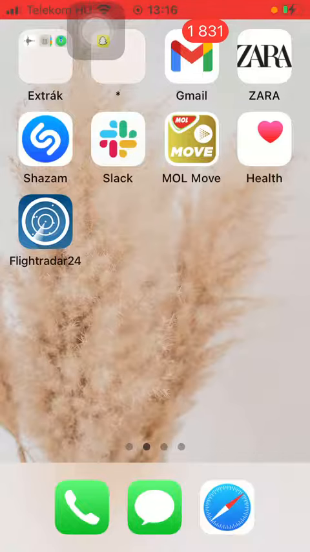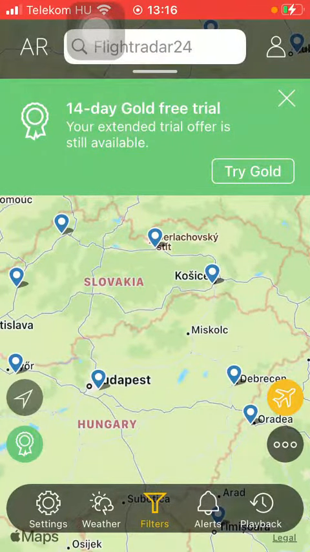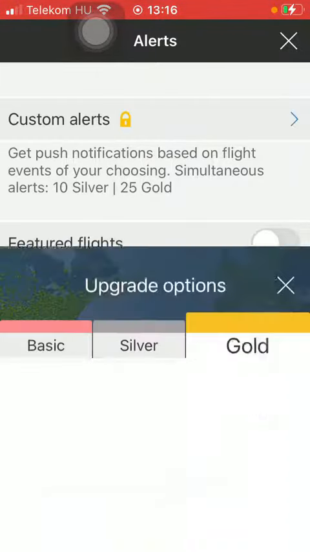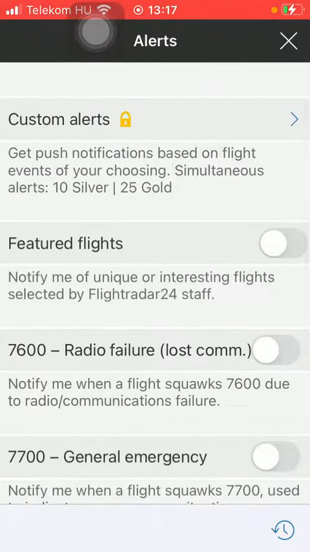First of all, open the application on your phone. After that you should click on the alerts button, that's the fourth option down below, so tap on it. Here you can customize alerts, so if you tap on it you are going to get push notifications based on flight events of your choosing, but that's a premium option, so you need to purchase the premium in order to use that feature. Below you can turn on featured flight alerts, meaning that you are going to get notified